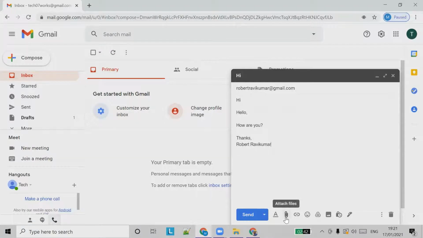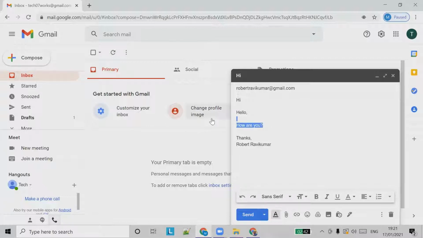Okay. We have some formatting options as we do in Word and other things. So we can format our text also here. What are the options provided here? We can choose the fonts and increase the font size.